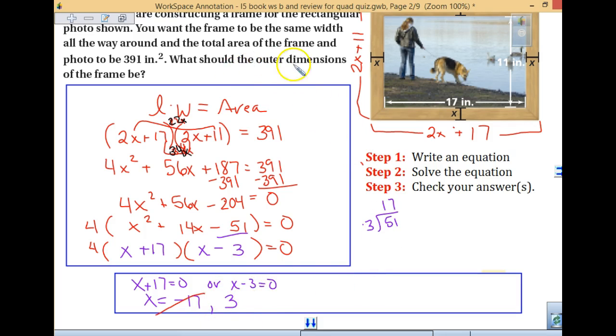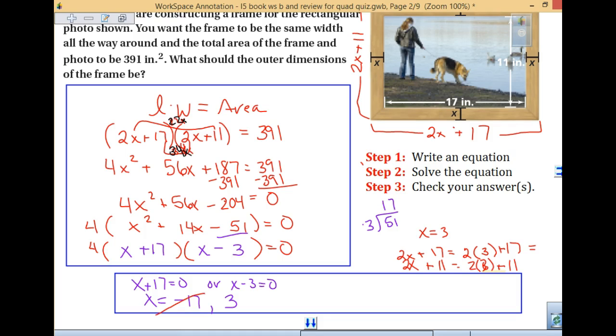We still haven't answered the question. The question says, what are the dimensions of the outer frame? So, I need to look at 2x plus 17 using x is 3. So I'm putting in, when x is 3, I have 2 times 3 plus 17. That's going to be one of my dimensions, right? My other dimension is going to be 2x plus 11, which means 2 times 3, which gives us 6 plus 11. So my two dimensions that I am taking a look at